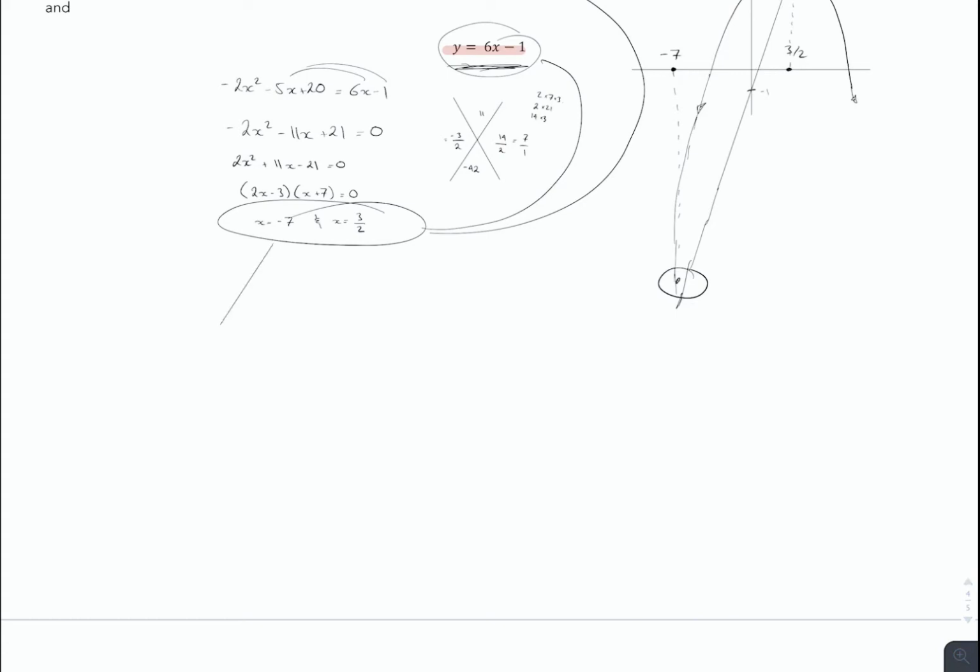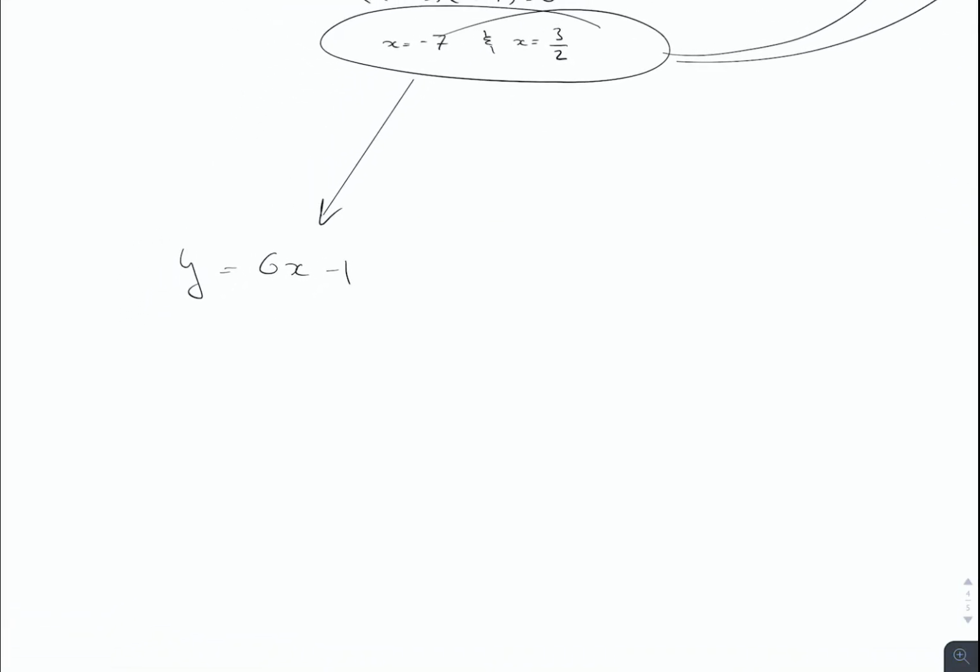So with the -7, I'm going to plug it into y equals 6x minus 1. And I get y is equal to 6 times -7 minus 1, -42 minus 1, -43. And for the 3/2, I'm going to get y equals 6 times 3/2 minus 1, which will give me